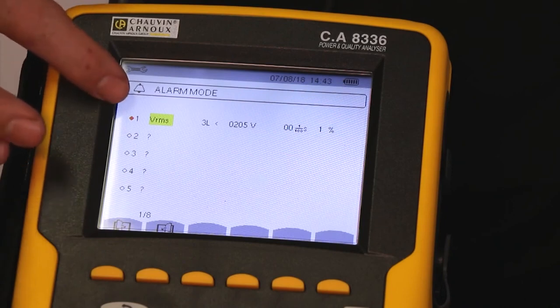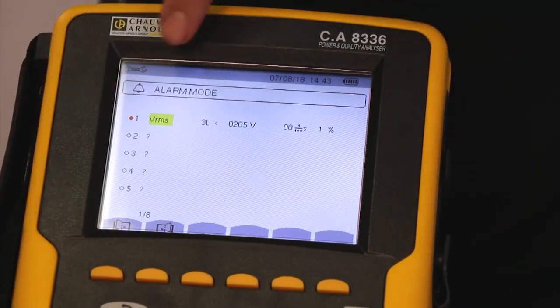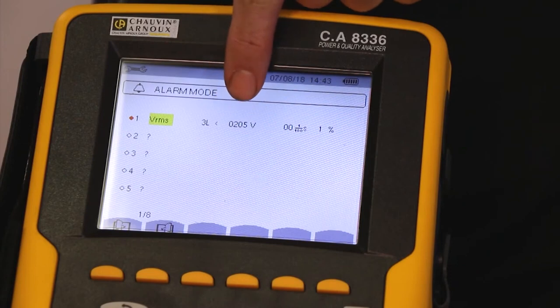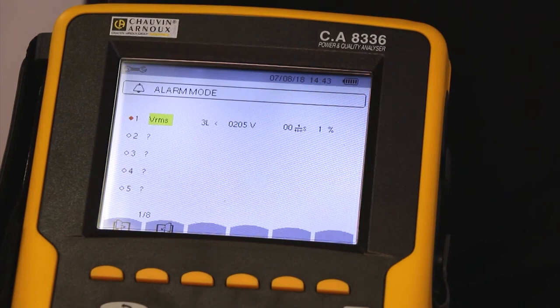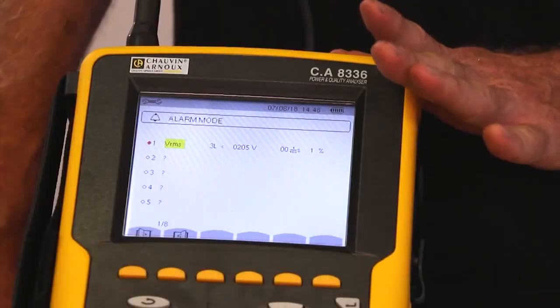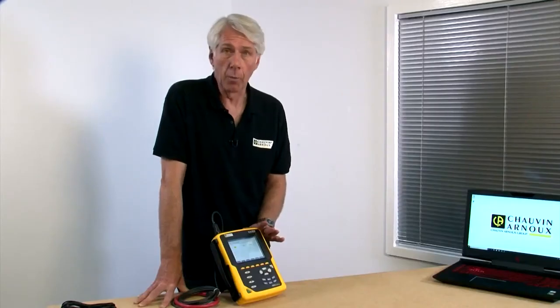At the top of page 1, I can select whatever voltage, current, etc. I want the alarms to be applied to. For example, either volts RMS or amps RMS. I can also set up alarms on frequency. Now I'm going to leave this set to all 3 voltage phases, and I'll set an alarm to trigger if any of those voltages drops to less than 205 volts. I hit the enter to store the alarm setting. As well as setting the voltage threshold, it is possible to set a threshold for duration too, right down to 1/100th of a second, therefore deciding how sensitive the alarm will be.